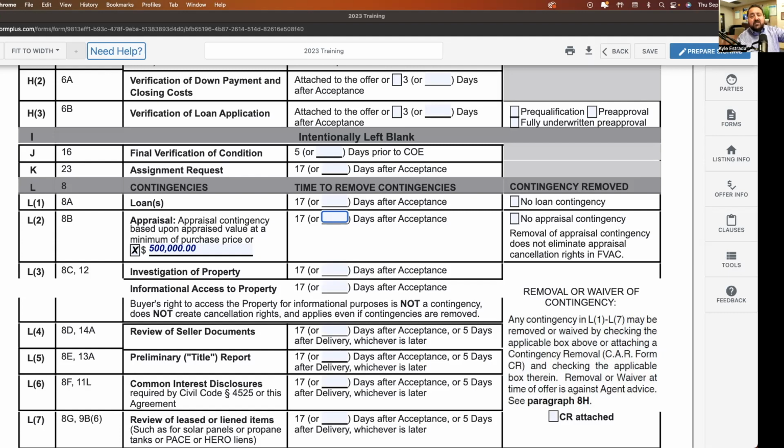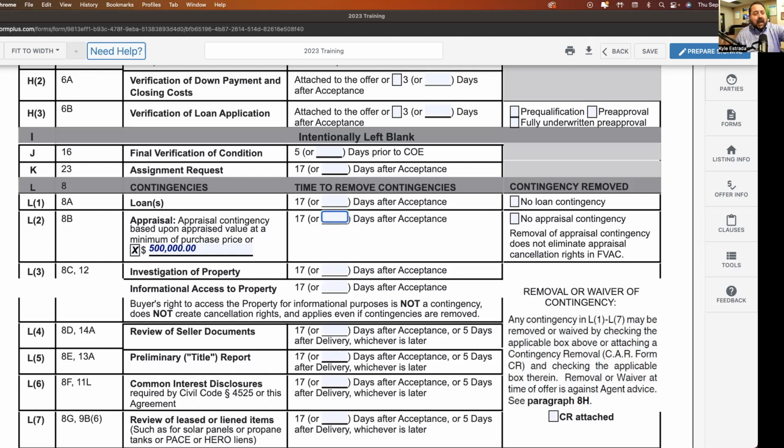Now, if it appraises for $499,999, it's $1 less than that amount, then I can use my appraisal contingency because it didn't appraise for your list price. It doesn't mean I'm going to, it means I have the ability to invoke my appraisal contingency. So again, I always have these conversations with agents. We're like, well, we want to write an offer and say we can only afford to pay X amount difference, right? Like we're writing over, but we can only pay $10,000 over appraised value.